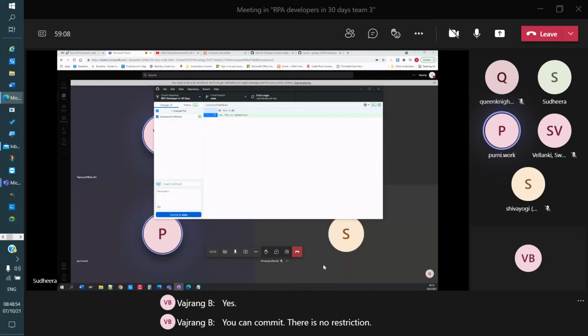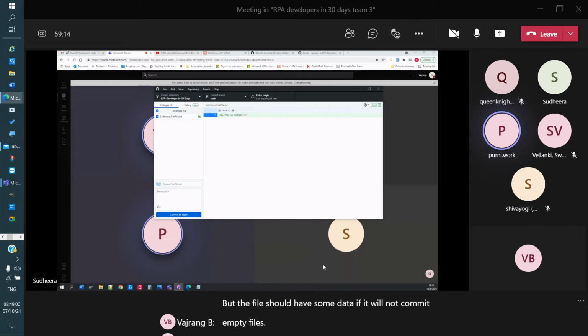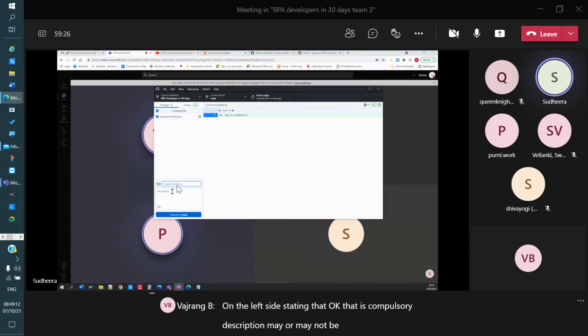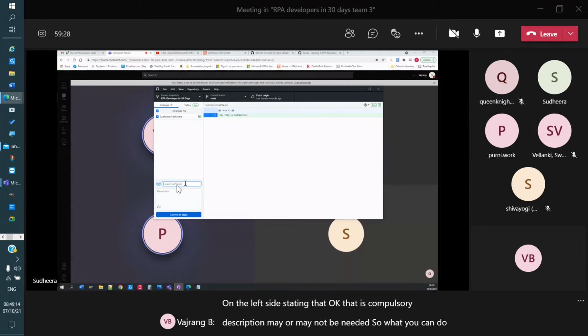But the file should have some data, it will not commit empty files. You can add a description in the comment on the left side, but that description may or may not be needed. So what you can do is create a new file.